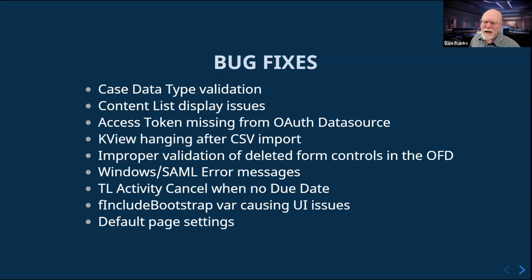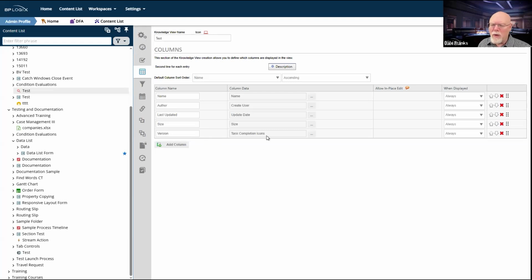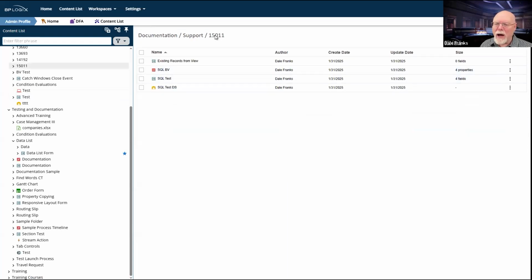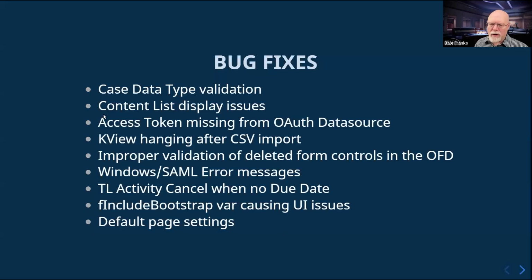There were some various content list display issues where the content list would do some kind of wonky things. Like you'll notice here that whenever we move around somewhere inside the content list, it tracks with us, so that when I enter this folder here on the right side of the page, you'll notice that it gets highlighted over here on the left side of the page. So it's supposed to track back and forth. We were having some tracking issues, or it wasn't always updating properly, or you'd make a change to an item in the content list on the right and it wouldn't reflect on the left. So basically we did some work to fix some of those strange little display mismatches that we were seeing on the content list.